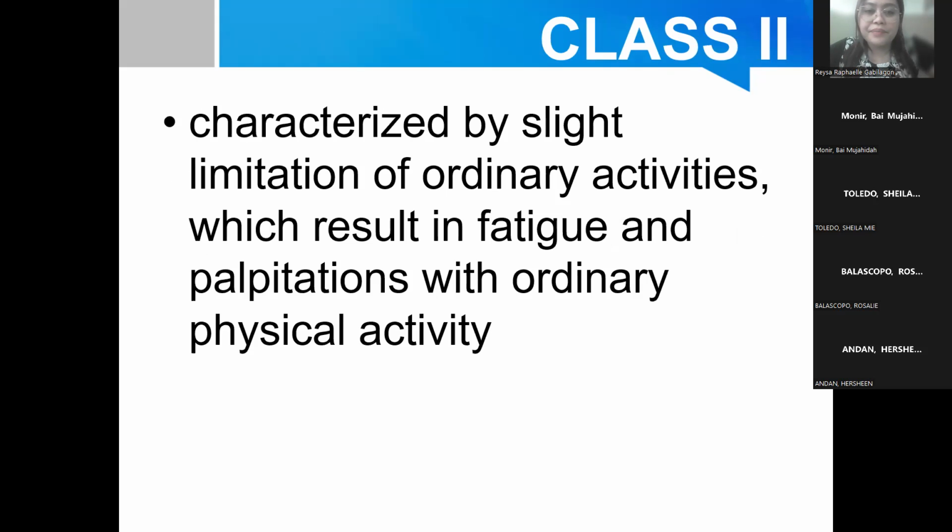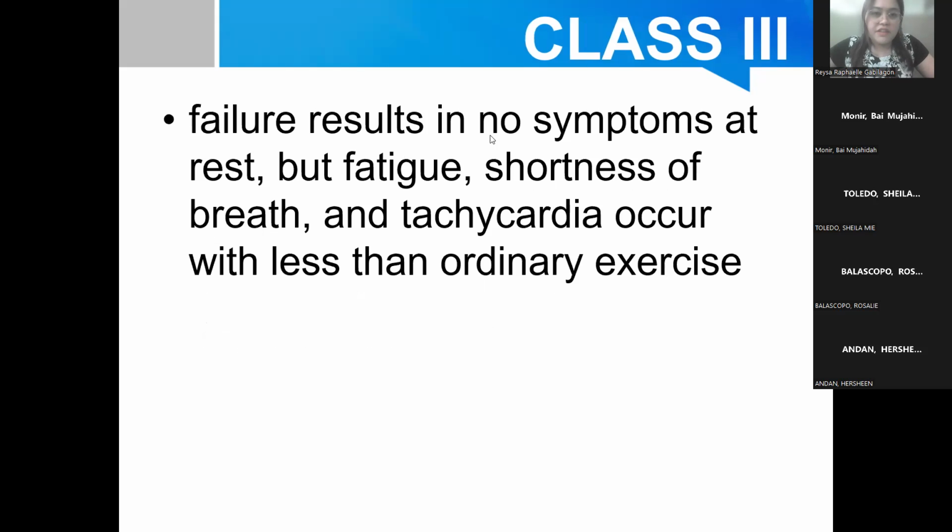Now sa class 2 naman, meron ng slight limitation on the ordinary activities. Okay, slight lang. Kapag example, pinaglaba mo siya, that is actually an ordinary activity, naglaba ka. Pero since class 2 na ang patient, kapag after niya maglaba, makaka-experience na siya ng symptoms like fatigue or palpitation. Okay, so slight limitation yan siya sa ordinary activities. And class 3,